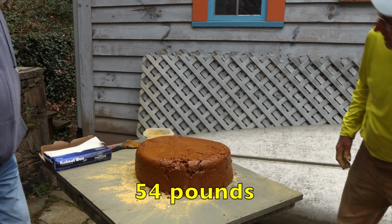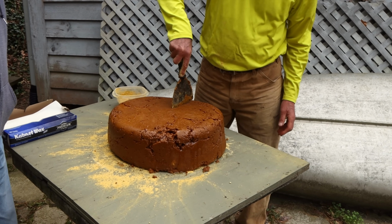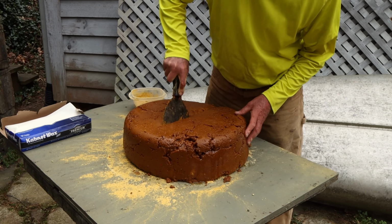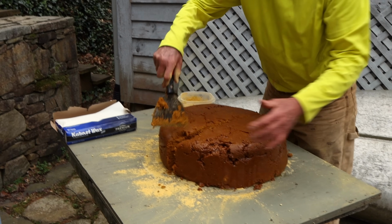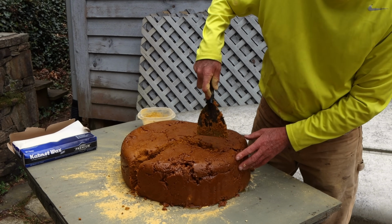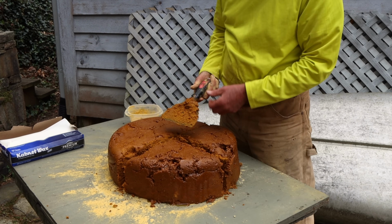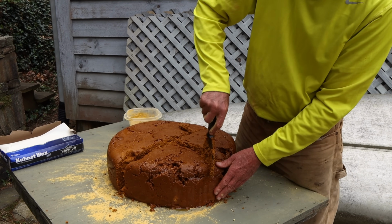There you go. Yeah, I could see a few more hours would have been better, but this will give everybody the idea. A few more hours, it sticks together a little bit better. This is a little crumbly, and it sticks together a little better. But